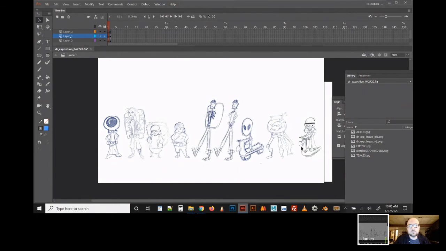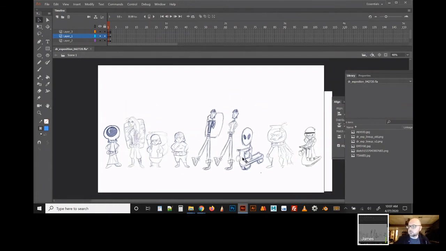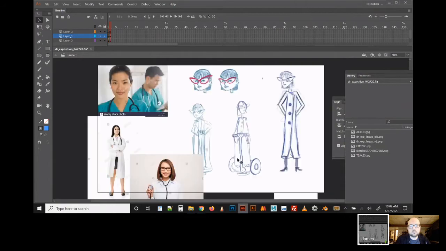But you and I were also discussing what we ended up liking and what we didn't like, towards finally making a decision on what we wanted for Dr. Exposition. With all that being said, for the most part, what you and I ended up liking the most was the taller, lankier version of Dr. Exposition, which was these two center characters, and still trying to marry the mobility aspect of it all. And then we finally ended up with this as our design right here.